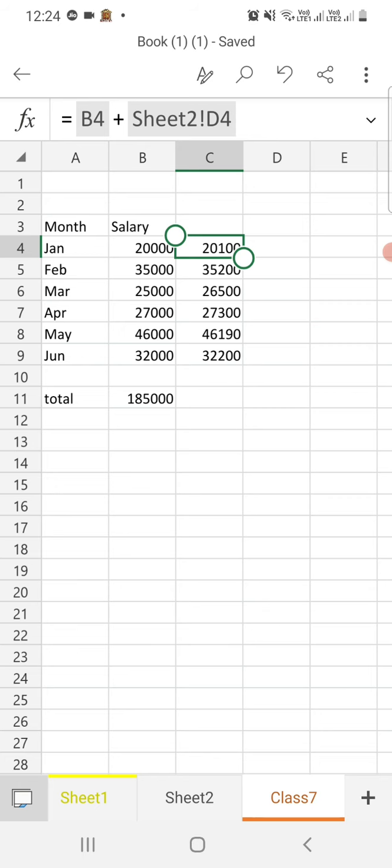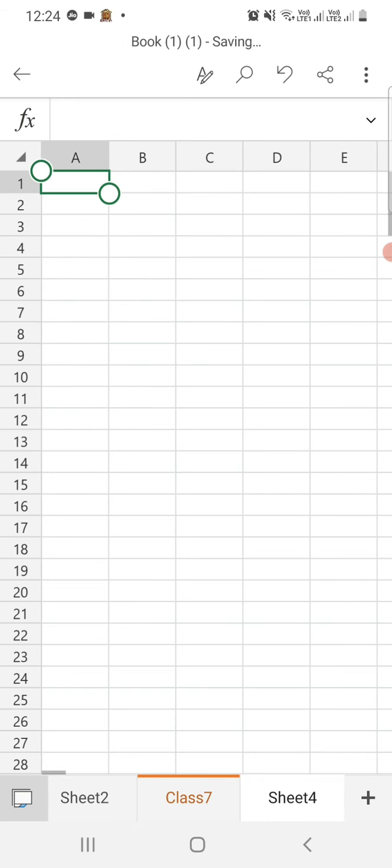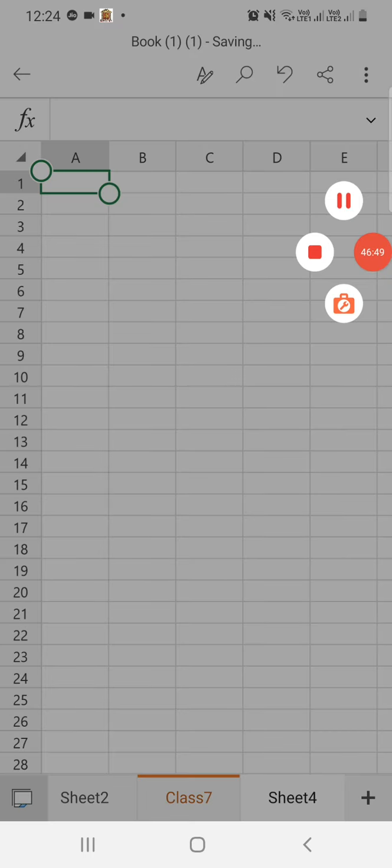Click on the cell where you want to place the average of value. Let us say E6 cell. Okay, first you need to write the data which are given here in our book.